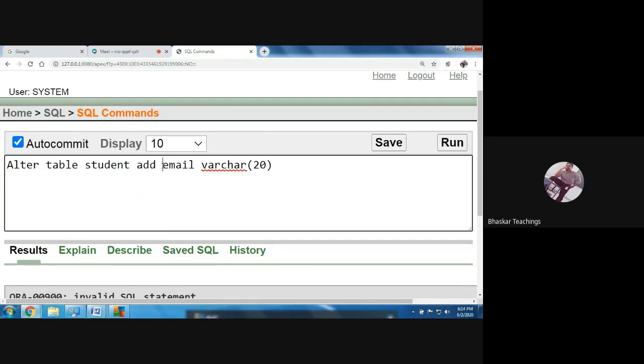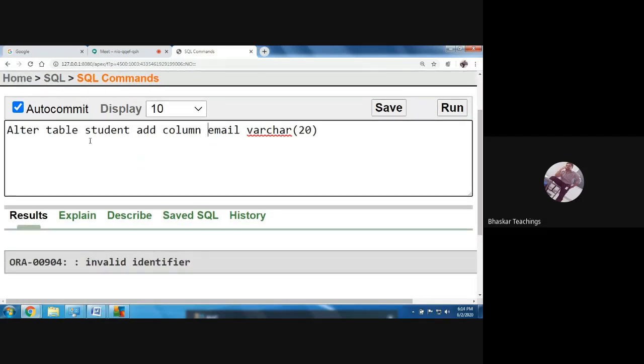So let us give add column here. One more keyword, column. Let me see.